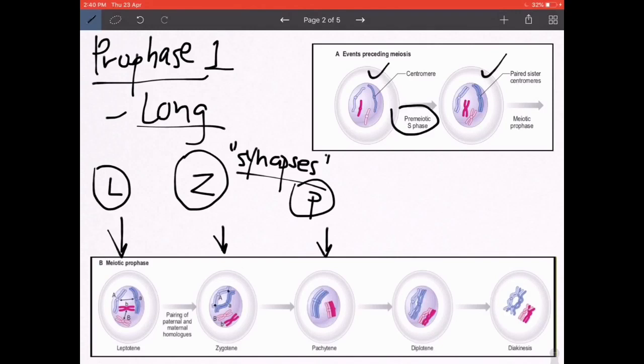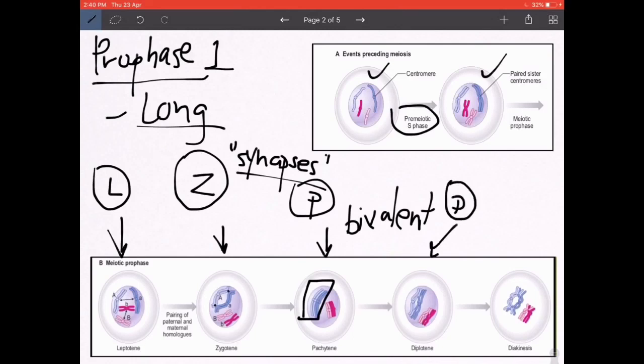and they continue condensing more and more to obtain a typical structure that is known as a bivalent. It's also called a tetrad, and this is typically what one bivalent looks like. Now, in the next stage, that is the diplotene stage, there's going to be something known as crossing over, and